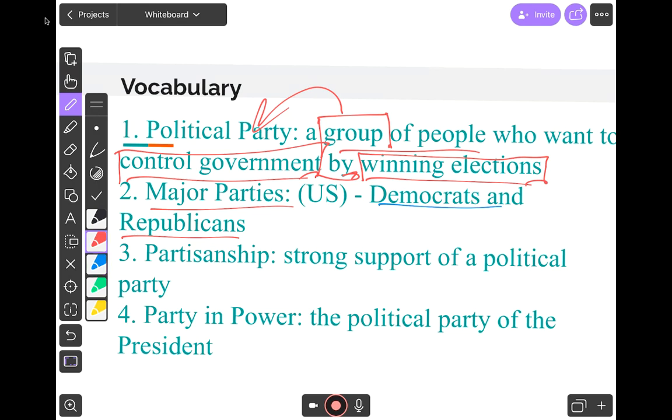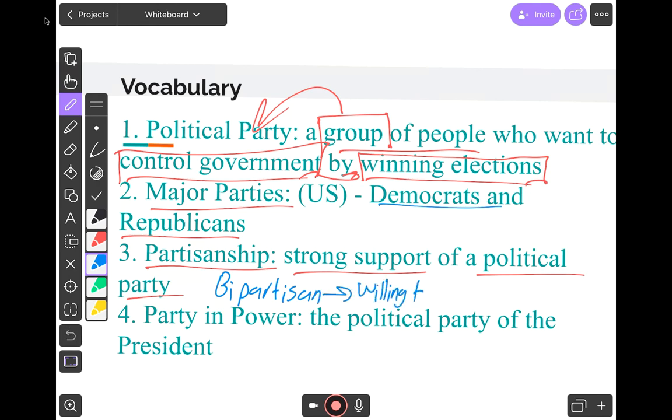A term we really need to understand, partisanship, means strong support of one political party. Partisanship means that you are very loyal to one side or one party. You will also hear the term bipartisan. And this means that you are willing to work